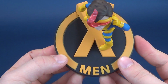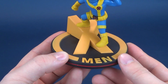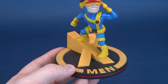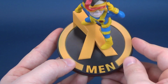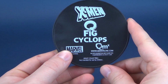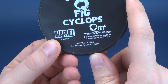The base itself is all a primary black, more of a matte black coloring, and while this isn't necessarily primary yellow, it's a very nice warm yellow that they went with. Because of Cyclops' color and his costume being more the primary yellow, I'm glad that they went with a complementary yellow, but not the exact same yellow for the base itself. If we flip the base upside down, let's turn around so you guys can actually see it. Underneath, it says X-Men Q-Fig Cyclops, along with the website if you are looking to go on to the wait list at